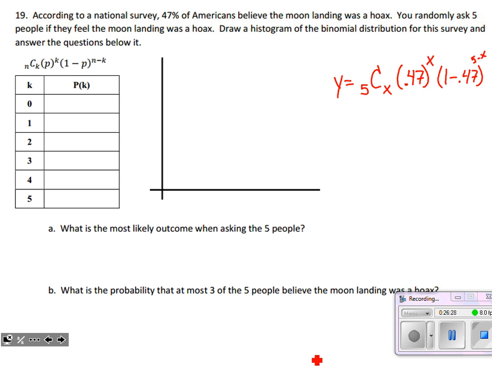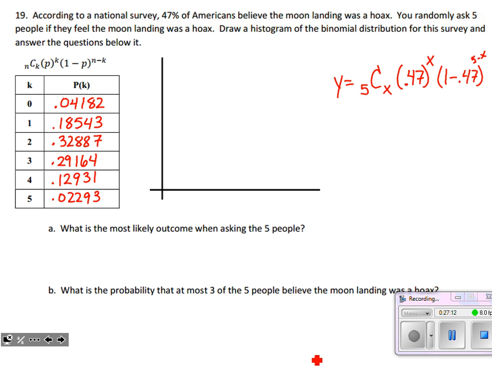All right, so if I type that in and look at the table, these are the decimals that I come up with. Your calculator may round them differently, but I would copy down what the calculator is showing you exactly. We want to be as accurate as possible. So I get 0.04182 for 0 people believing. I get 0.18543 for 1 person, 0.32887 for 2 people believing, 0.29164, 0.12931, and 0.02293 for all 5 people believing that moon landing was a hoax.